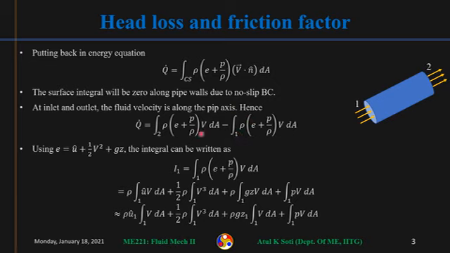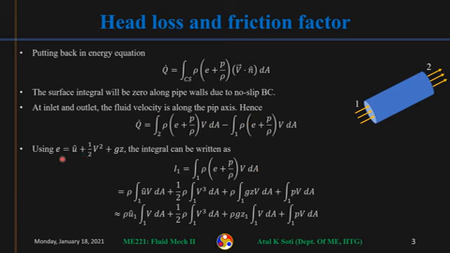So Q dot will be simply this same integral calculated at section 2 minus section 1, that is the outlet minus inlet. So we need to evaluate this integral to find out Q dot. Let us consider this integral is the same in both places, so let us just calculate one integral. Let us say this is I1. I1 is equal to this.